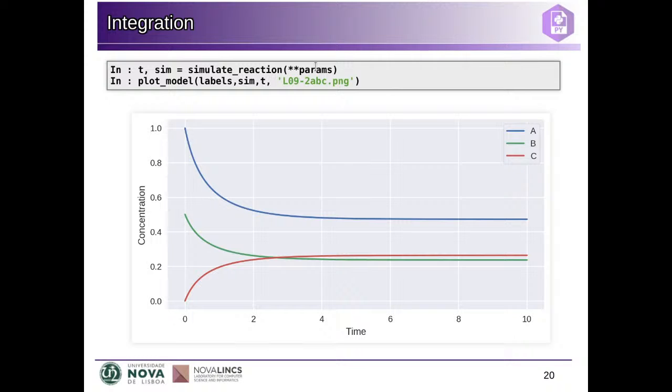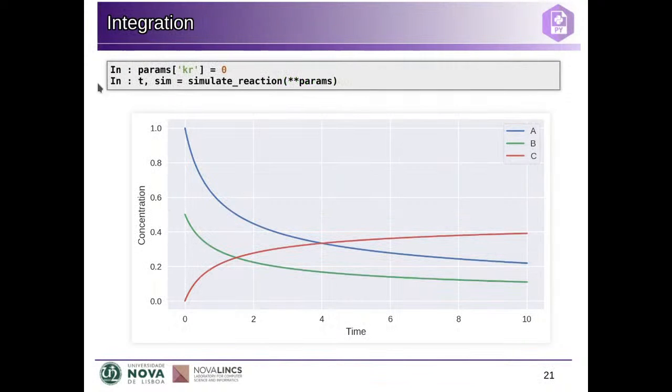But the reason why this is practical is that then you can just change individual values in your dictionary. For example, the reverse constant here, kr, you can change it, and you can then send the whole dictionary again. So you don't need to be typing all of these different arguments. You use the dictionary where all the parameters are defined. You have arguments for all the different parameters, and you just change one that you want if you want to